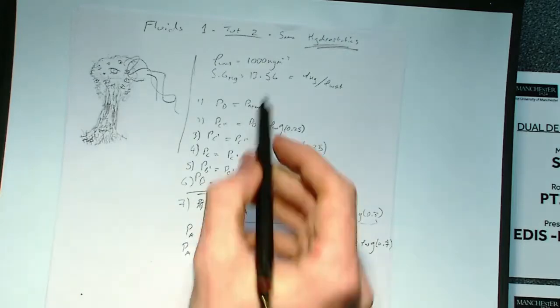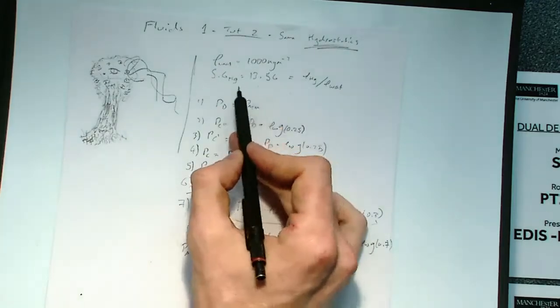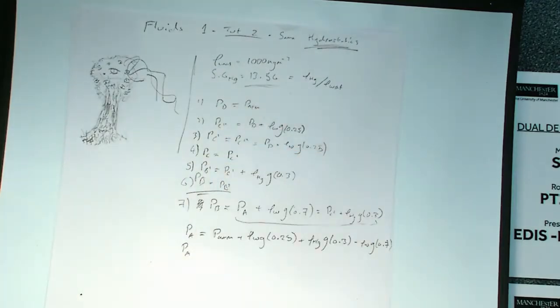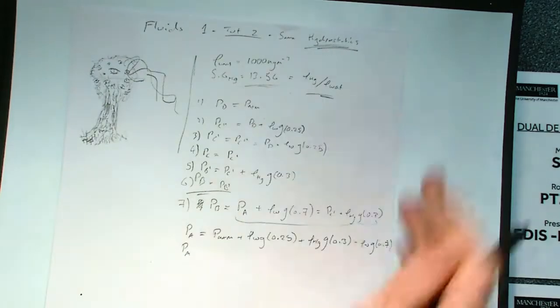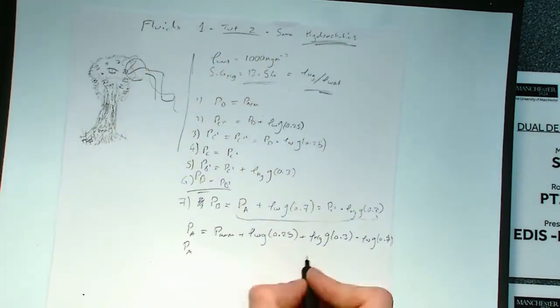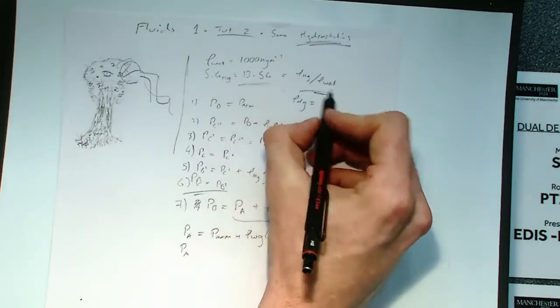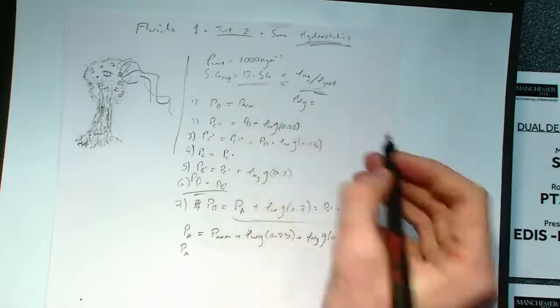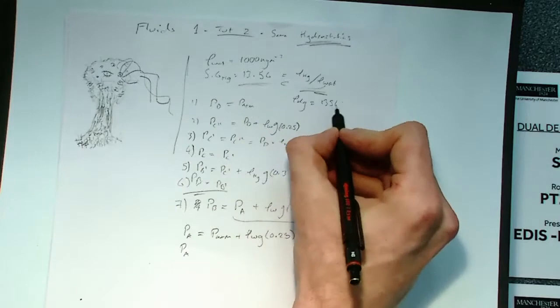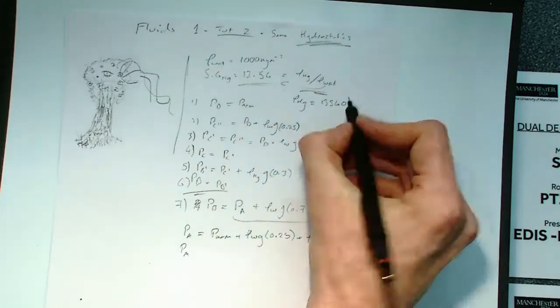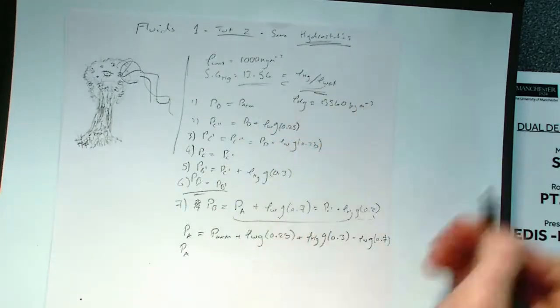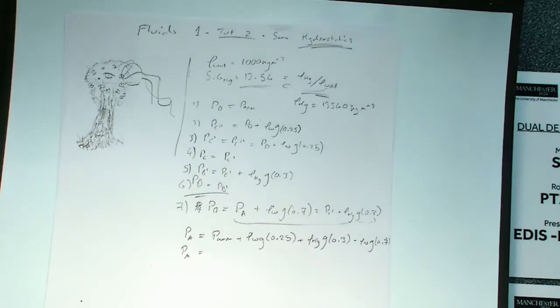Now, we're given the specific gravity of mercury, and if anyone here was last week, I don't know what that means. So I've written it down this time, and I hope I've got it right. We convert that to the density of mercury by multiplying it by the density of water, which gives 13,560 kilograms per cubic meter, because it's important to do your units. And when we fill in all those numbers, which I'm not going to bother doing,